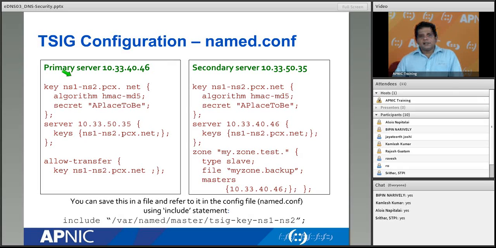You will basically get two files: one file has a .key extension, and the other file has a .private extension. So this happens in the key generation. Now if you open these two files, you will find the secret or that hash value. Okay, since this is a symmetric key,